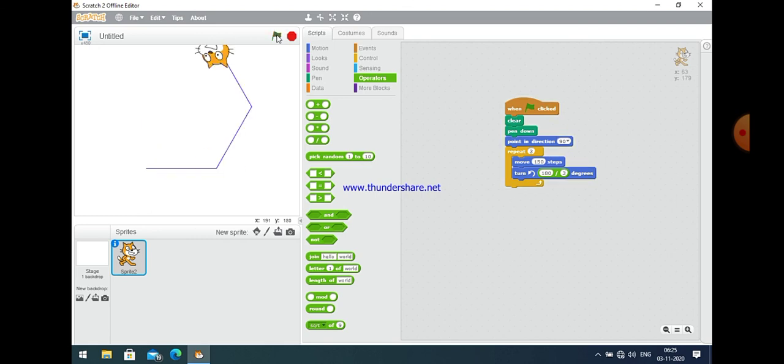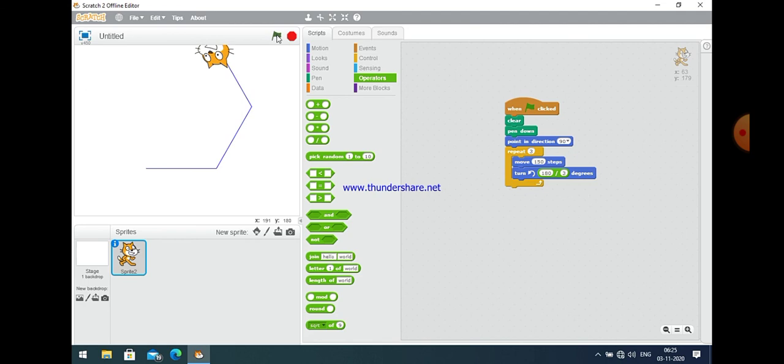Okay, 180 divided by 3 means 60, and you have to take the angle 120. You can get 120 only when you divide 360 by 3.